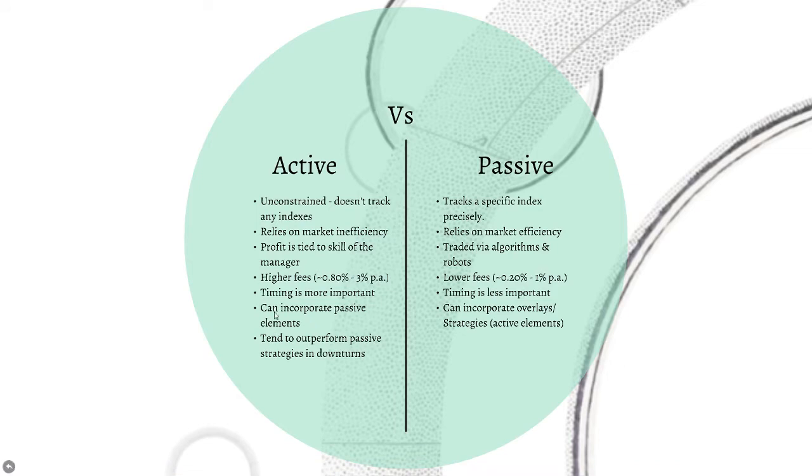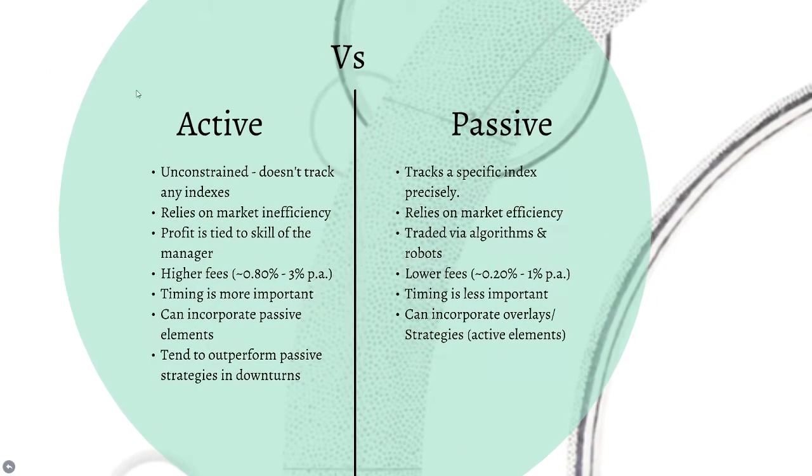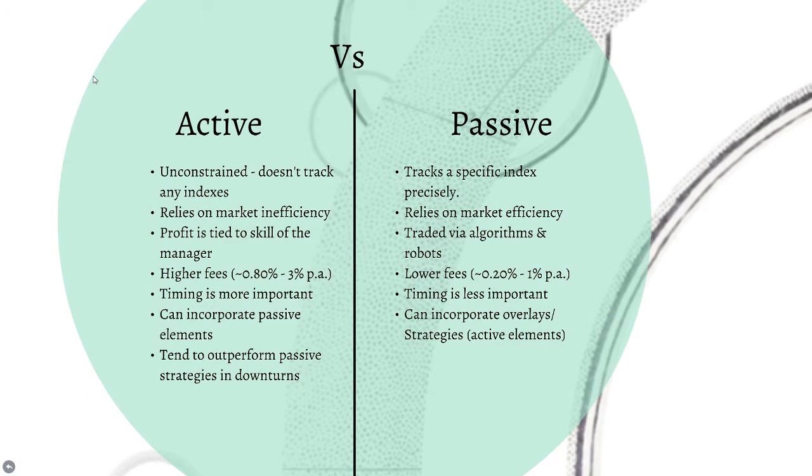So here we have the two kinds of exchange traded funds. An exchange traded fund is essentially any fund managed by something that is available through the listed market. Now, this seems a bit confusing, but you can have active and passive ETFs. So an active ETF is unconstrained. It doesn't track an index. It's managed by a professional portfolio manager who decides which stocks he's going to buy and when, and when he's going to sell,